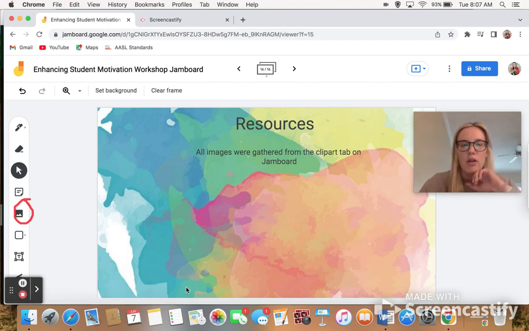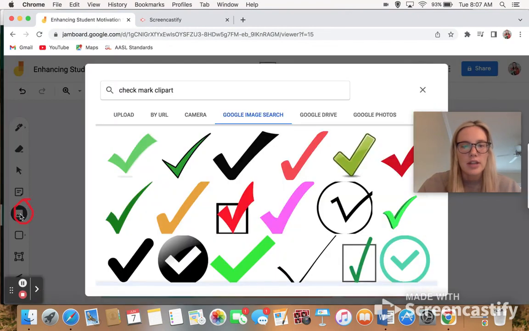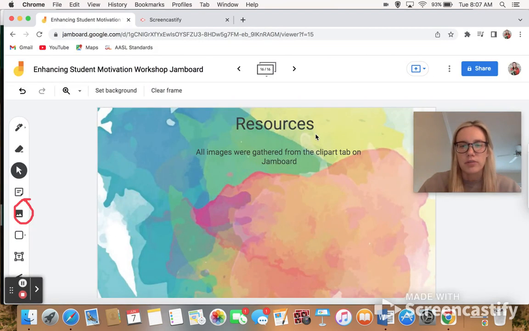And here is my resources page. So on my resources page, I just simply wrote that all images were gathered from the clip art tab on Jamboard, which I've circled right here. This is the clip art tab. I just simply clicked on it, typed in whatever clip art I was looking for. This specific time I was looking for the check mark for my checklist page. And then I just clicked on it and it downloaded straight to my Jamboard. I wasn't really sure how to cite from clip art, but that's